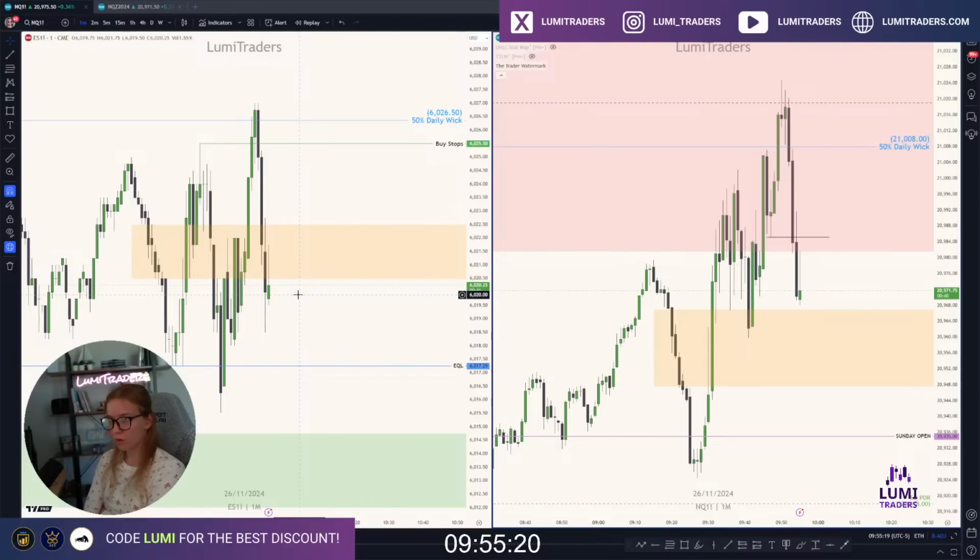I hope news can offer something, but anyway, if we want to trade right after news, let's see from what level we can react. If it wants to continue going down, for example, to New York midnight open, which will be nice because we got just a sweep of 50% of this daily week, we should react from, I would say, a 1 minute PD array. It can be an order block, it can be an inversion, it can be a fair value gap. So let's see.